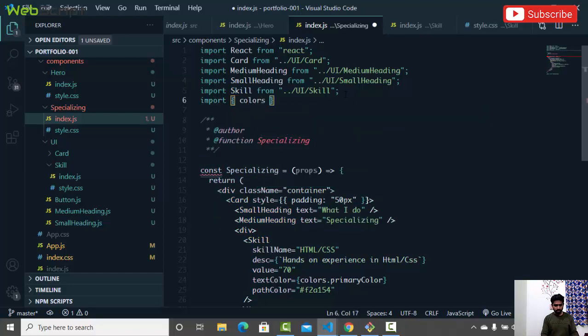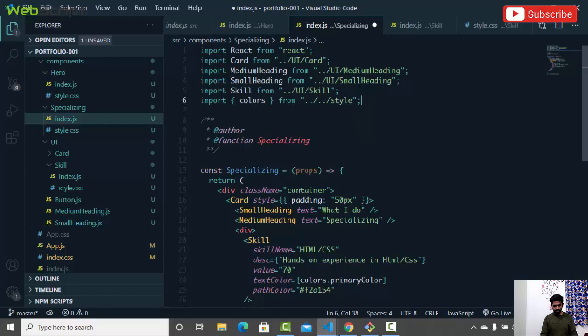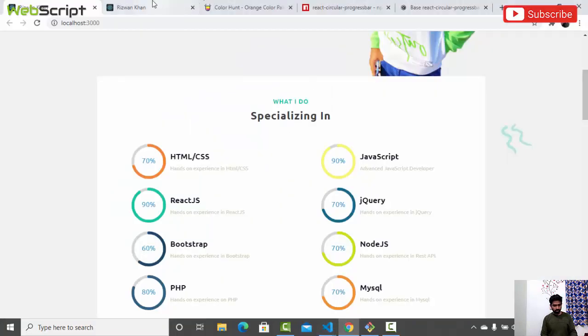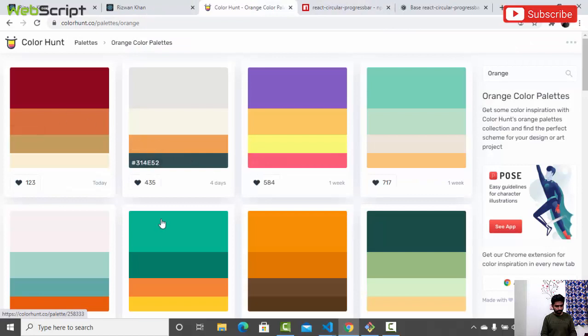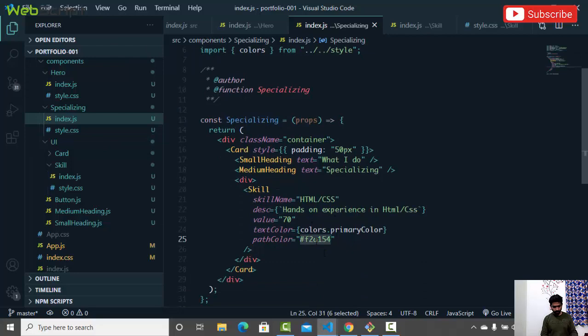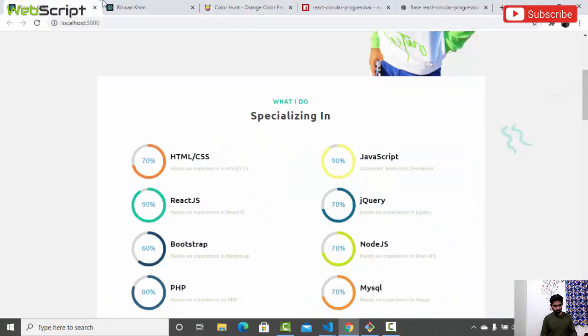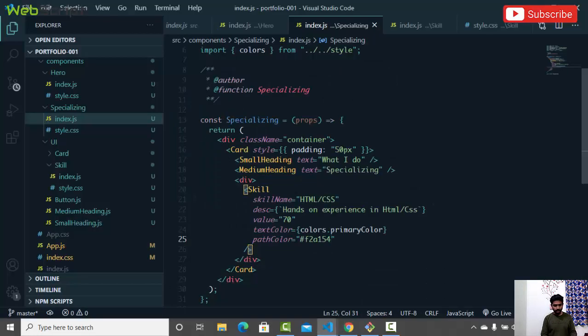Import colors from style. So this is looking nice, but this color is not as per the expectation. Yeah, this one is kind of good, right? Now we want this to be on the right side, right? So we'll have